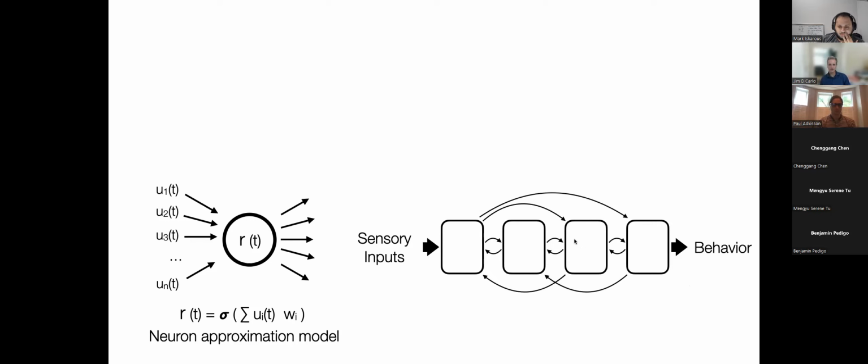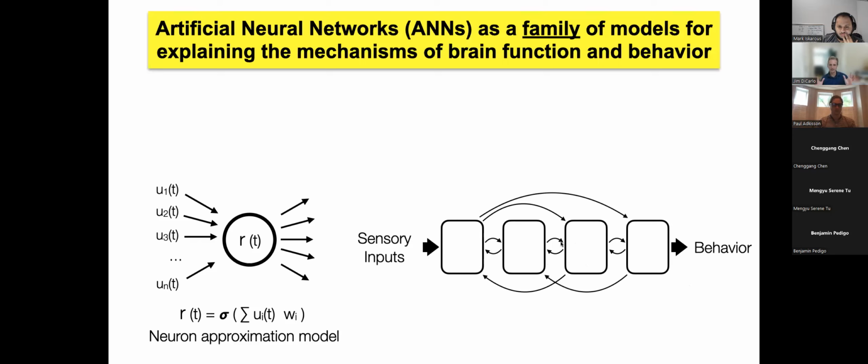The reason I'm telling you all this is that there's a large family of artificial neural networks as a family of models that really is our starting point as neuroscientists for modeling brain function and behavior. That's the family of models that we are strongly committed to, accepting the fact that this is only an approximation model of the neuron, and every model we'll build on the right is also going to be an approximation model. But if we can make them better and better, ever more accurate, we can start to make